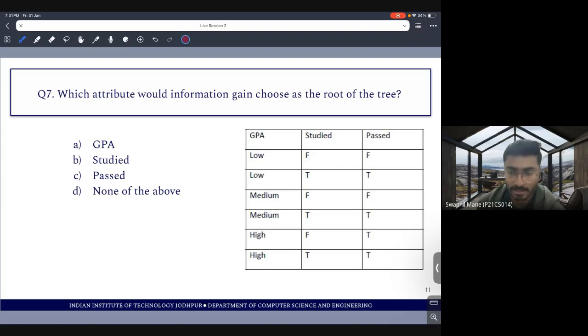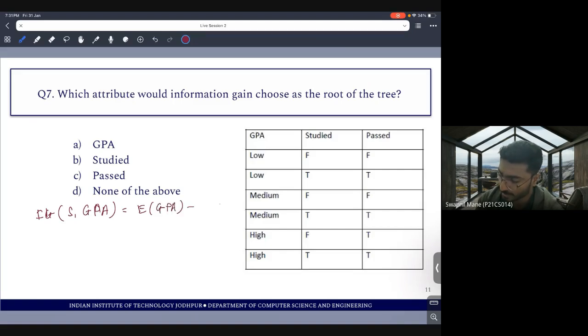The same way we calculate the information gain IG for all samples for the attribute GPA. For the GPA first we will calculate it, right? What is the formula for this information gain, which is an entropy of